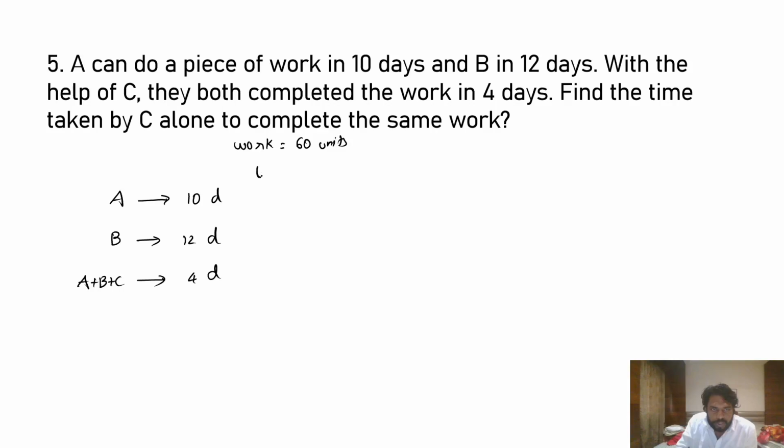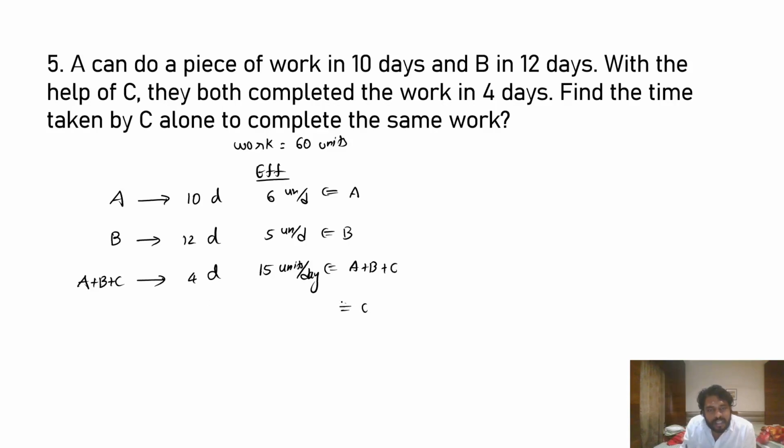Next, you calculate efficiency. A's efficiency is 60 by 10, 6 units per day, B's efficiency is 60 by 12, 5 units per day, and A, B and C combined efficiency is 60 by 4, 15 units per day. A alone 6 units, B alone 5 units, all three combined 15 units. Then what is C's efficiency? It is 15 minus 5 minus 6,